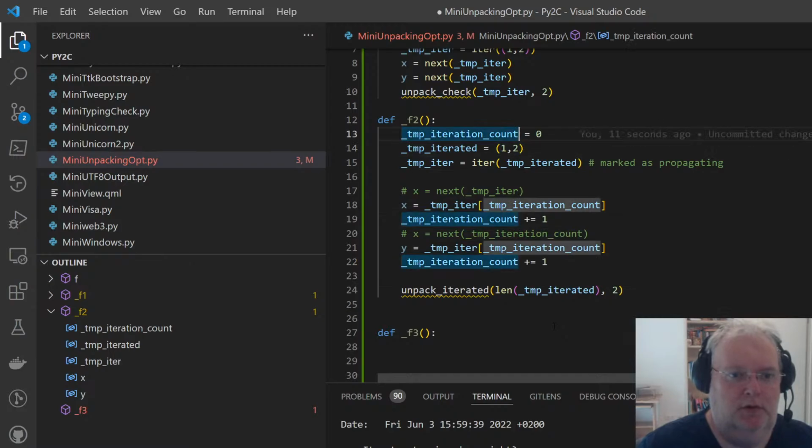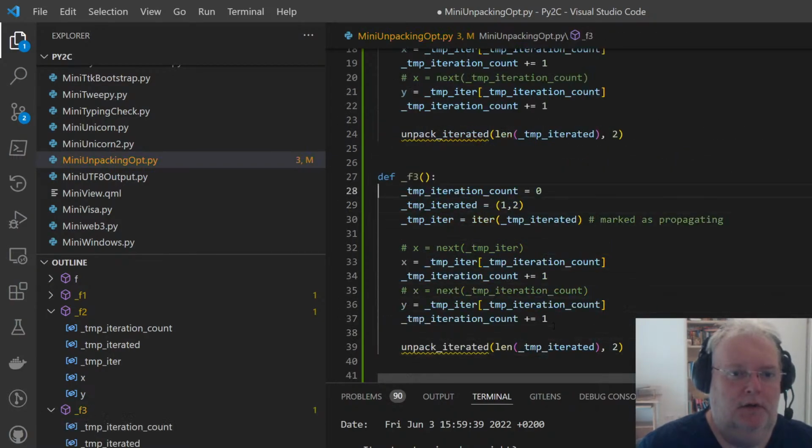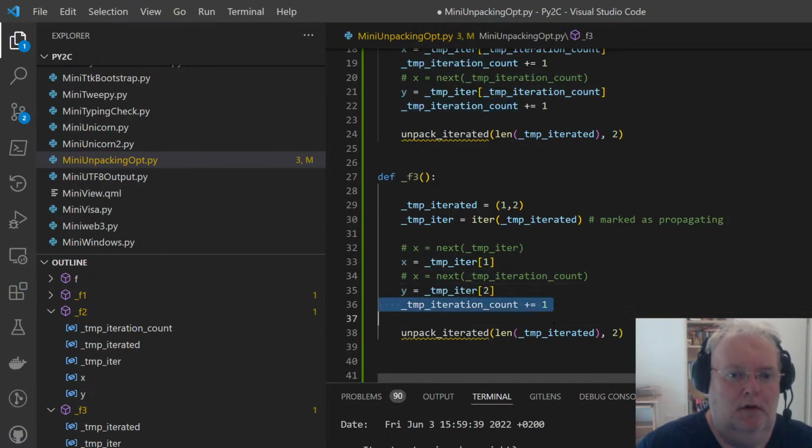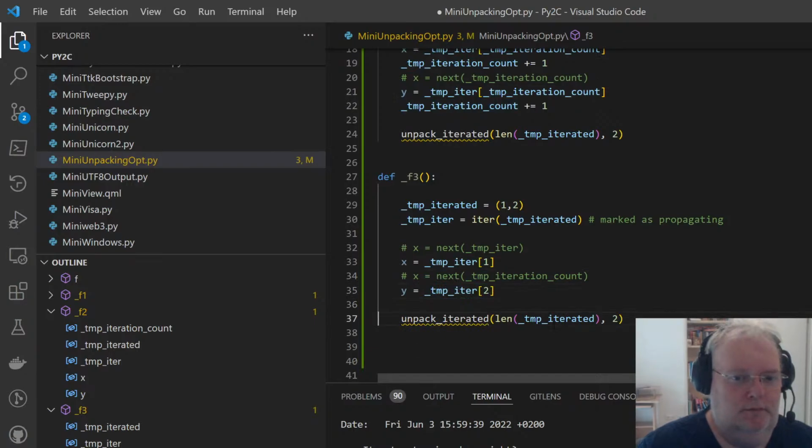So what's going to happen in the next step is that the iteration count becomes forward propagated. So actually we have it here. And the len is also statically determined.